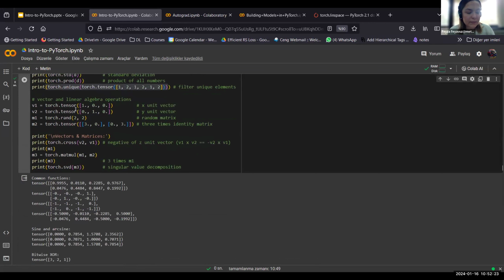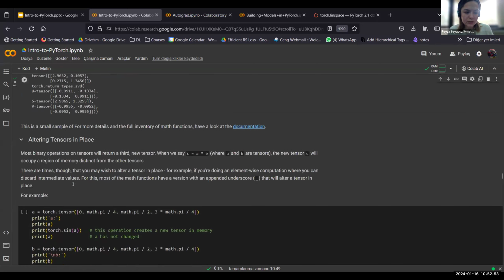And we can define some linear algebra objects such as the x unit vector and y unit vector, and we talked about this random operation. We can also define an identity matrix, which is very important in our scientific computing research. And we can compute cross product, matrix multiplication, or singular value decomposition. So actually,